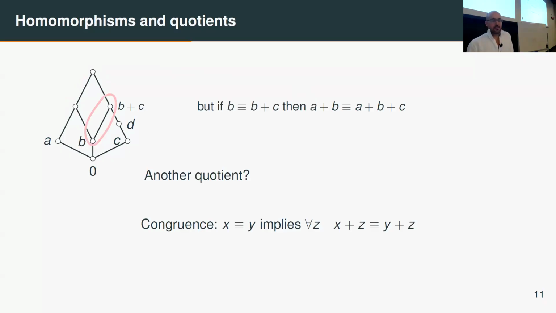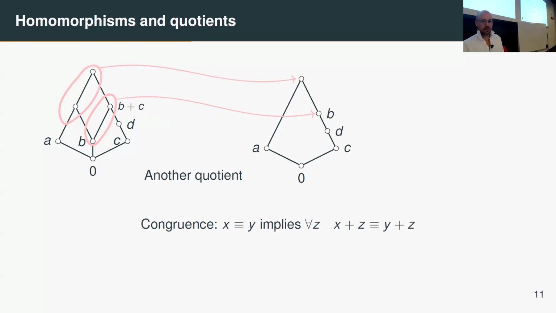So let's look at this one. If I was to collapse B and B plus C, now I need to check something more because there is something I can add to B and B plus C that isn't currently collapsed in this picture. Because if I add A to both sides, then I get A plus B on the left and A plus B plus C on the right. So they would need to be collapsed too. So I need to collapse this pair again. And you can easily check that this is the only non-trivial consequence. So what I've got here will be a congruence, and I get this as my quotient.